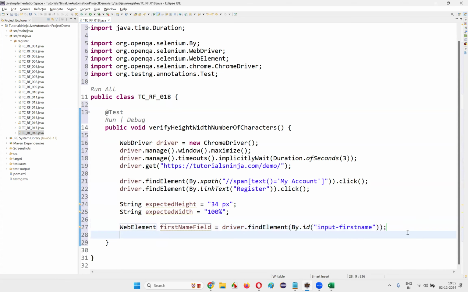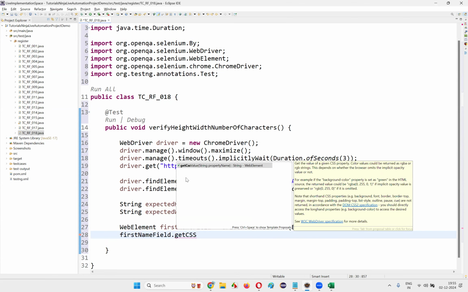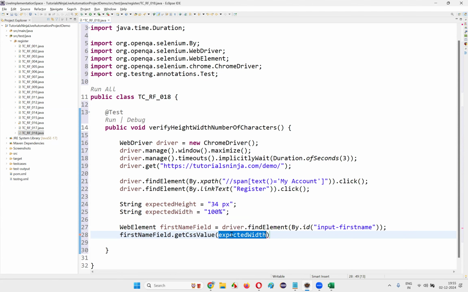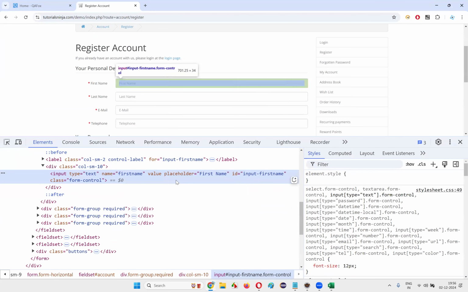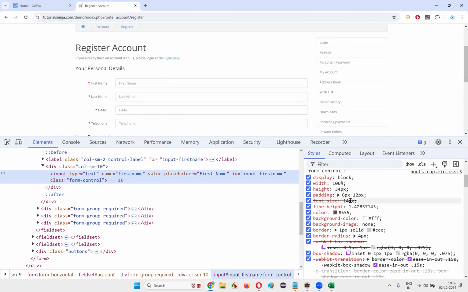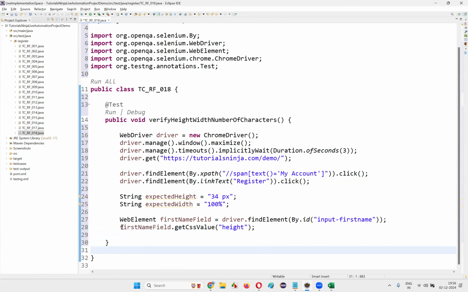Once you create the WebElement, simply write .getCssValue, in double quotes. And what is the CSS property value we need to get? If you inspect this field, this is the HTML code, and in the style, scroll down. Here we have height as the CSS property value. Now this will get the height of the first name field. Actual first name field height is equal to